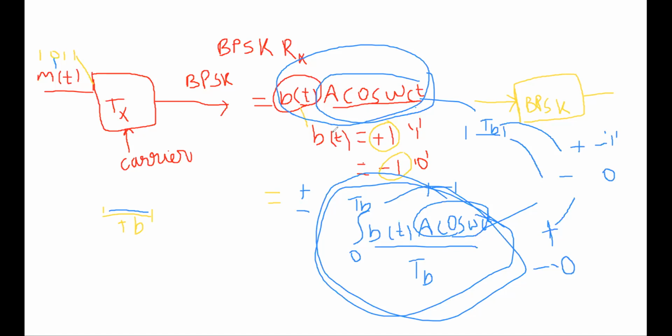So how this carrier is extracted, we'll see what blocks are used for the carrier extraction, and after carrier extraction, how the signal is demodulated. So this is what we have to see. We have just seen the BPSK generation. Now we'll see the BPSK detection or the BPSK receiver, how it works. Okay. So if you see the carrier extraction circuit, the BPSK signal is transmitted by the transmitter.